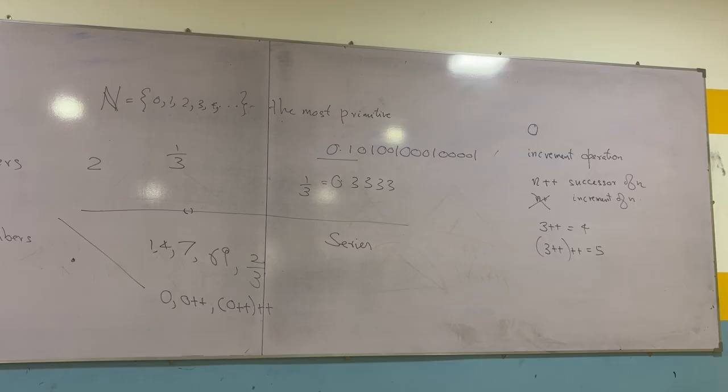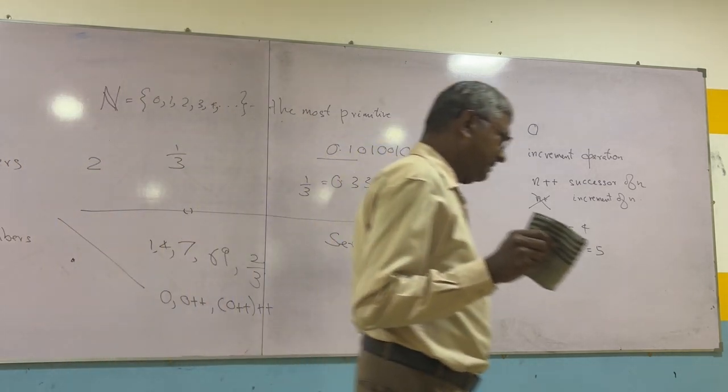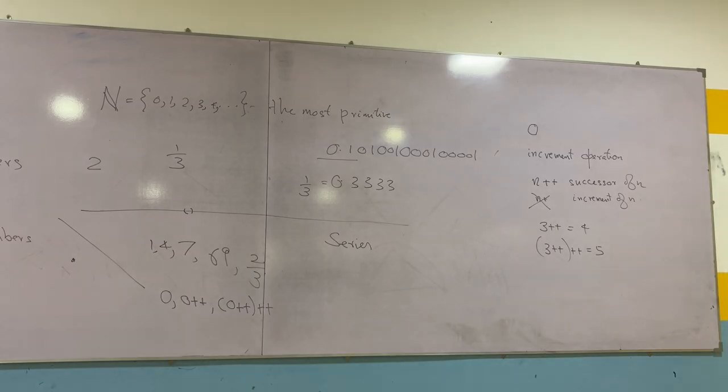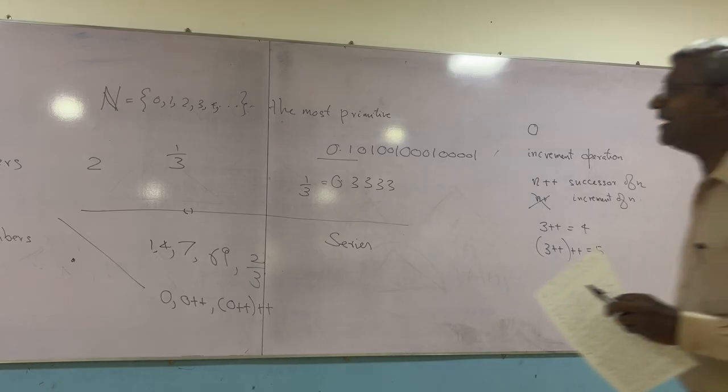Axiom 1. We have to be serious now. I am saying, among the things I told you, one of the important things is that N consists of 0 and everything that can be obtained by the increment operation successively. And you are going to get an axiom made.